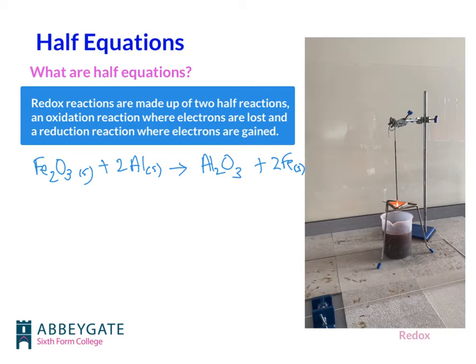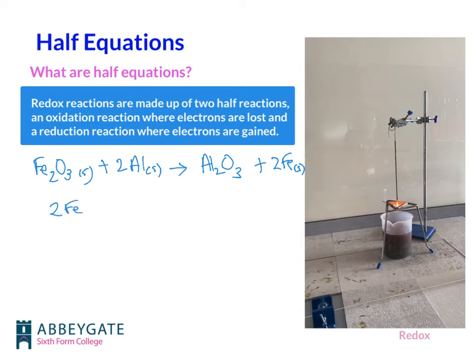So let's have a look at splitting this into the half equations. The first thing we need to do though is turn it into the ionic equation. Now if you remember, when we do the ionic equation, it's where we remove the spectator ions. So I'm hoping you should be able to see that the oxide part is actually spectating in this reaction. The oxide stays as ionic oxide and isn't really part of the reaction. So we can break this into the ionic equation, which would be that we have